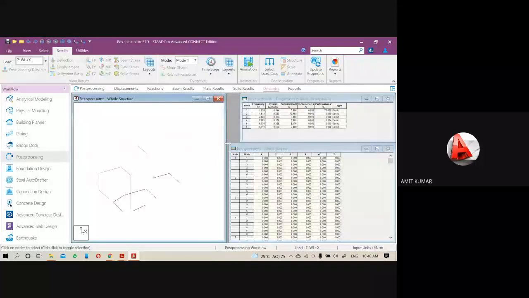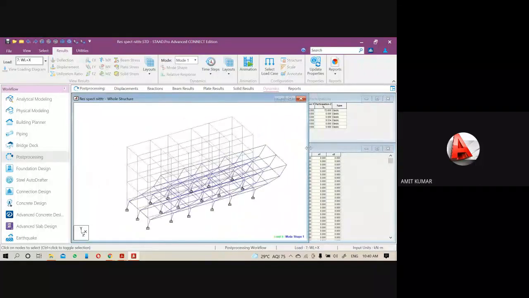Let me explain. So this dynamic response is basically your mode shape. When you do the response spectrum, you don't need to add the mode shape by manual method, like in the mode shape calculation method. When I do the eigen solution method, there I add this mode shape command through the miscellaneous command. But here you don't need to add this value. You can see the mode shape values in the response spectrum also.